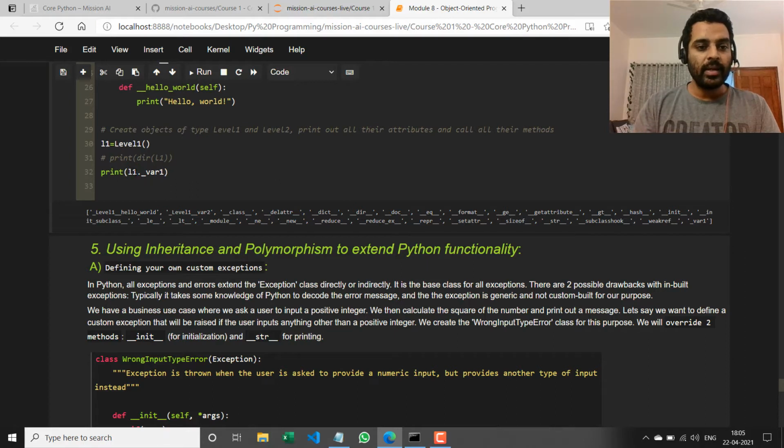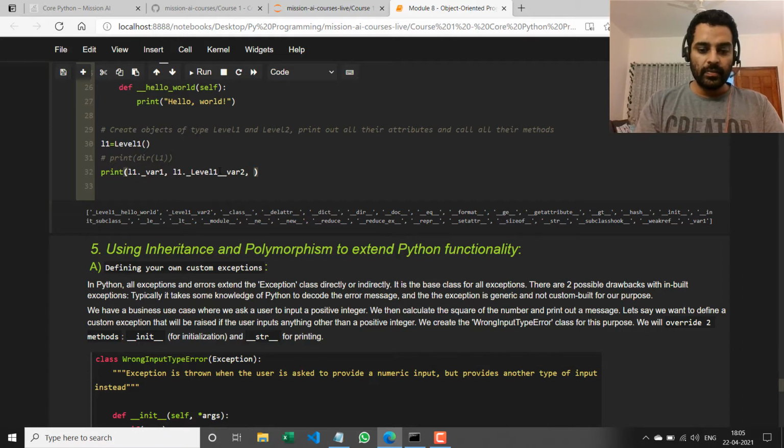So L1._var1, right, which is the single underscore attribute. L1 dot _Level1, that is underscore class name, followed by double underscore var2, right, which is the attribute name.